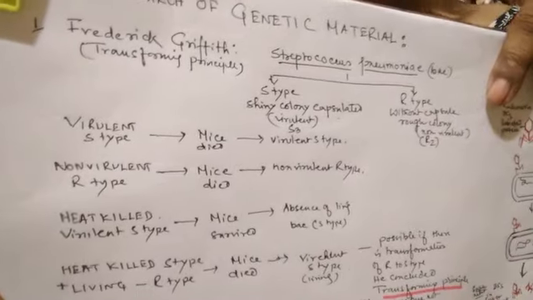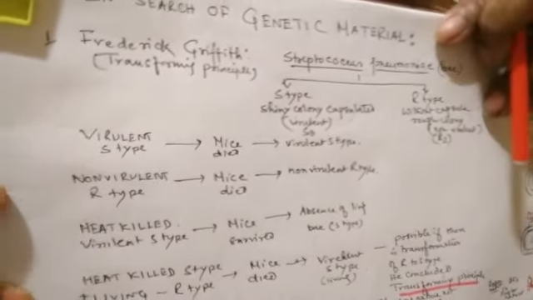So students, last day we discussed the coiling, how DNA is packaged, and today we will discuss the genetic search, how genetic material was discovered. Nowadays it is known to us, but there were a series of experiments to identify which is the genetic material. So we will discuss this today.